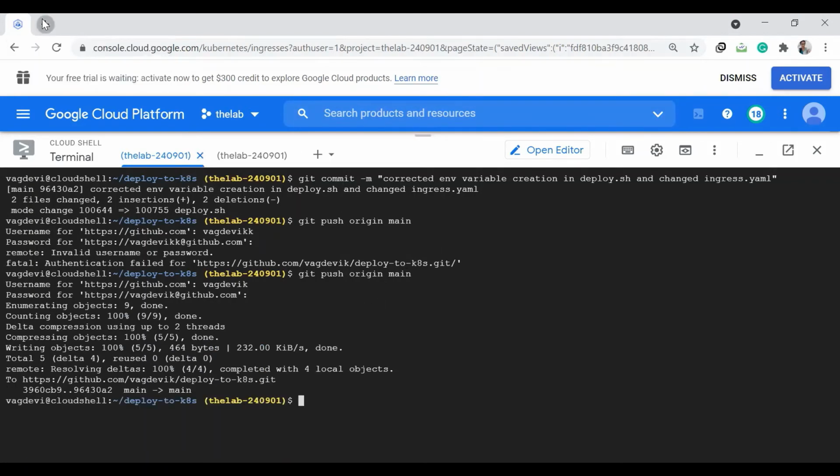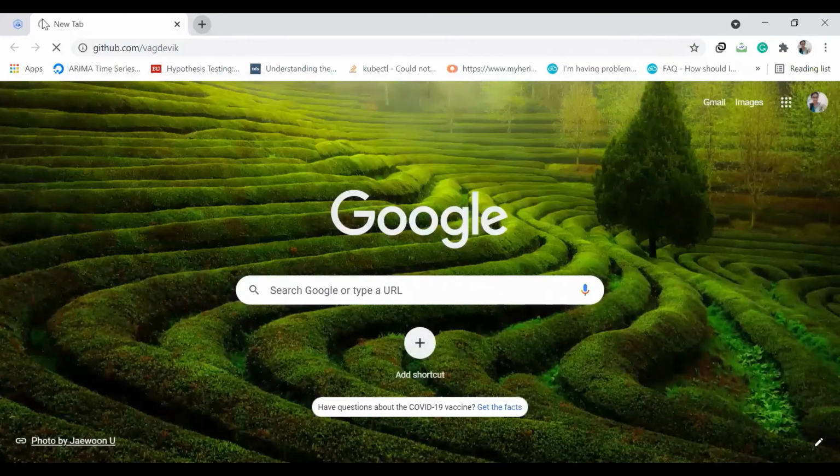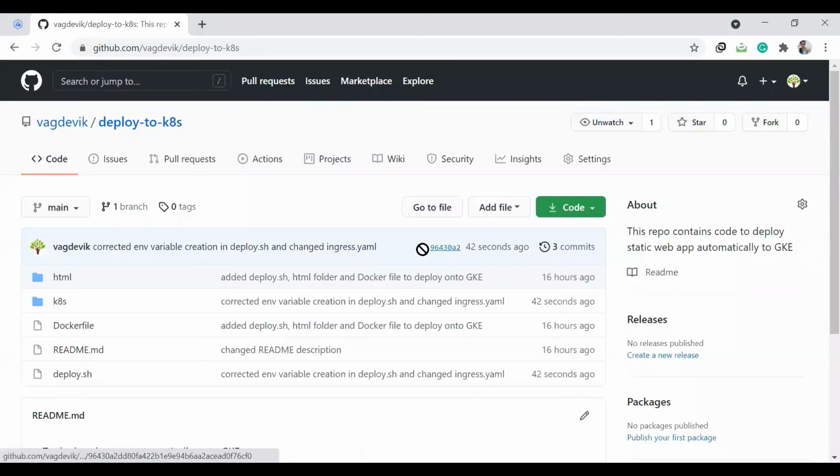Okay, so now again go to the GitHub repo to check whether the changes are made or not. Okay, 42 seconds ago, and the commit description has correctly reflected over here. So let us proceed to our next milestone to automate the whole deployment process using Travis.